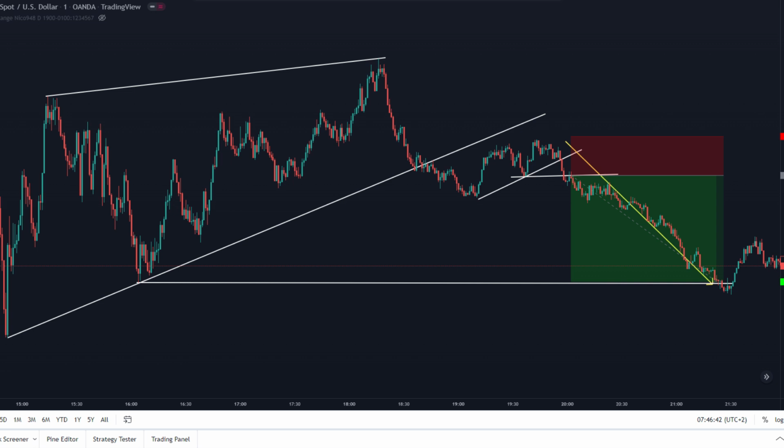On this part of the video you have to pay full focus, because everything that you have learned in the previous video will apply here. If you didn't watch it then you will find the link below. So I will zoom in here so that I can explain how you can enter before the breakout with low